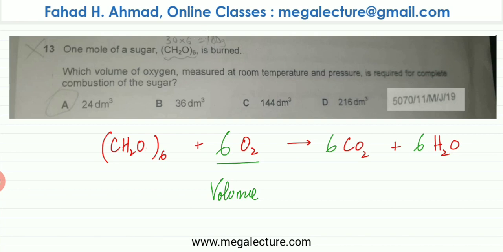This is 1 mole of sugar. So how many moles of O2 would there be? 1 mole, 6 moles of O2. So we're dealing with 6 moles. What's the formula for volume? The formula for volume is moles multiplied by 24 dm cubed, which is the molar volume. We're going to use that formula. So it's going to be 6 moles multiplied by 24, and that gives me